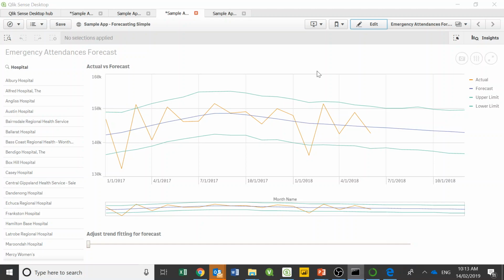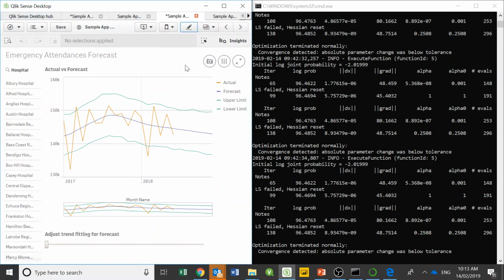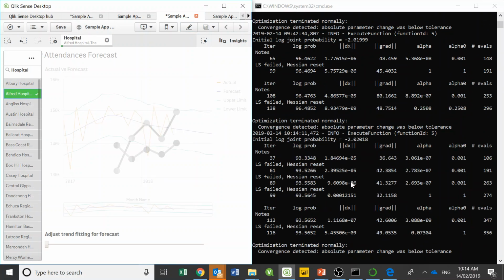And just to show you the context, so you can see this as Qlik is running: in the middle, in the orange area, we've got what actually happened with this time series. In this case, I haven't selected anything, but I will. This is the average of all the different hospitals here. The middle is the forecast area, and then there's an upper limit and a lower limit of the forecast. So if I select something, say the Alfred Hospital,